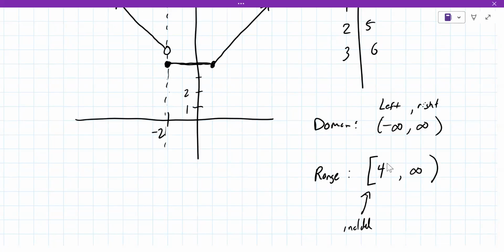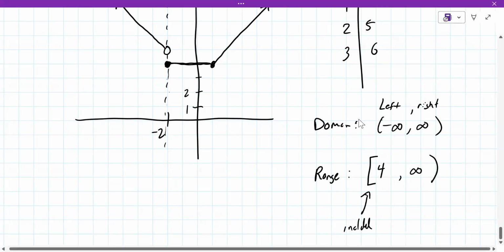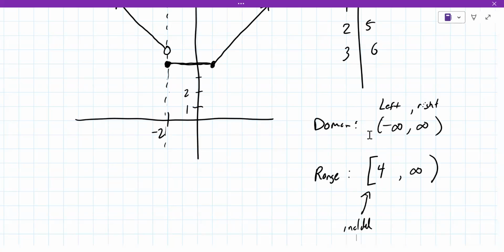So for the domain, I just look at the graph and see if it goes to infinity. If it doesn't, I see the smallest number that it stops at. Right. Okay. Well, I think that's it. Yeah. Again, just keep in mind, there's probably one of each